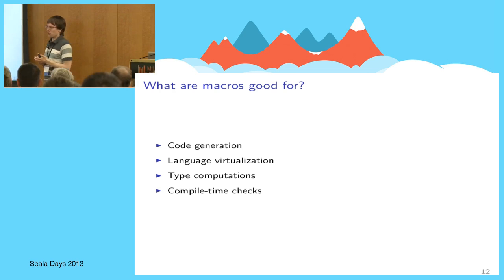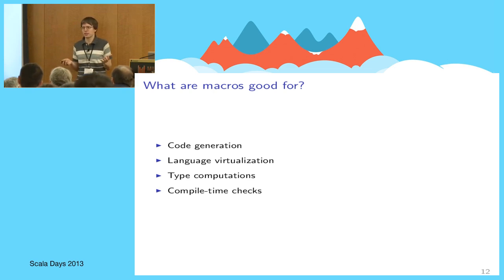Also, macros are quite useful for type computations. For instance, we have this cool type channels experimental feature in Akka that adds quite involved compile time validation of signatures of actors. So Roland has been able to do pretty amazing stuff. So say you have two actors, okay, and you have type specifications for these actors. So say actor 1 says, I know messages A and B, and I can reply to them with C and D. And actor 2 has the same specification.